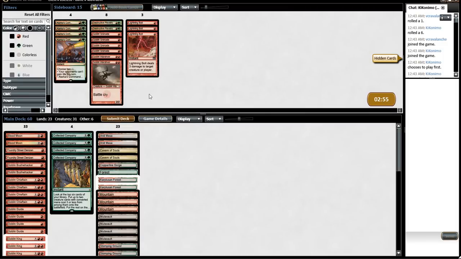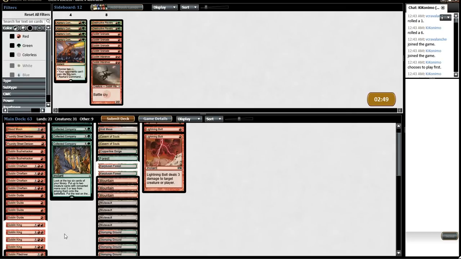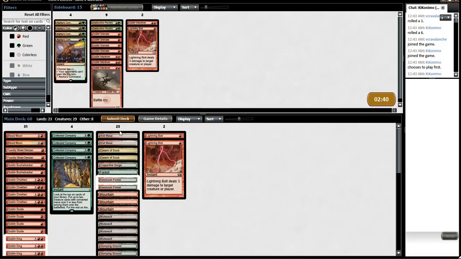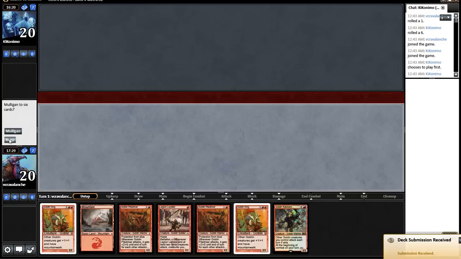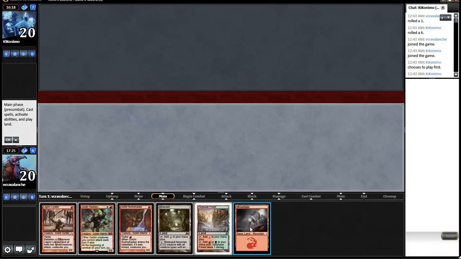So again, I think it's just going to be... Maybe I do bring in Lightning Bolts as a way to... I don't really like the War Drivers here. I'll bring in just a few Lightning Bolts. Just 2 of them. And we'll submit this. Yes, I'd like to play first. I don't think I can keep this, unfortunately. This is much better. This is a great hand. He hasn't seen the Mutavault yet, so...